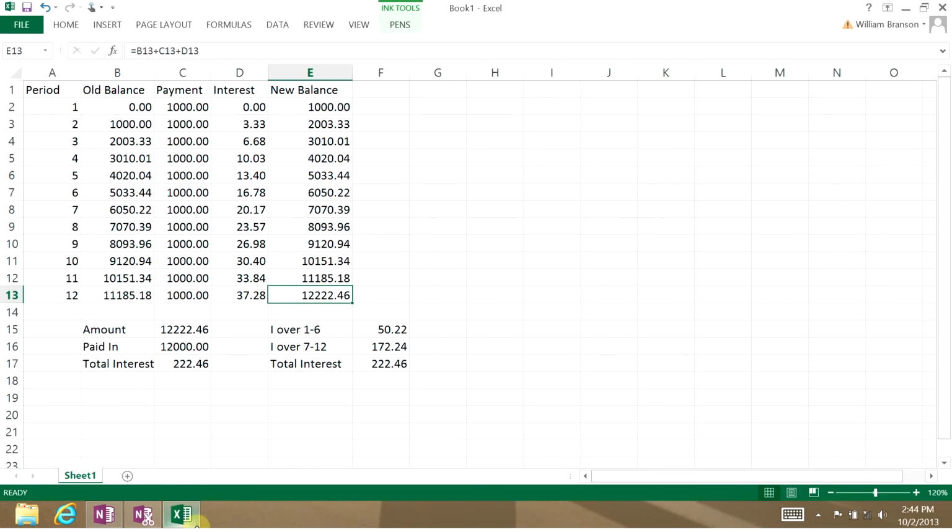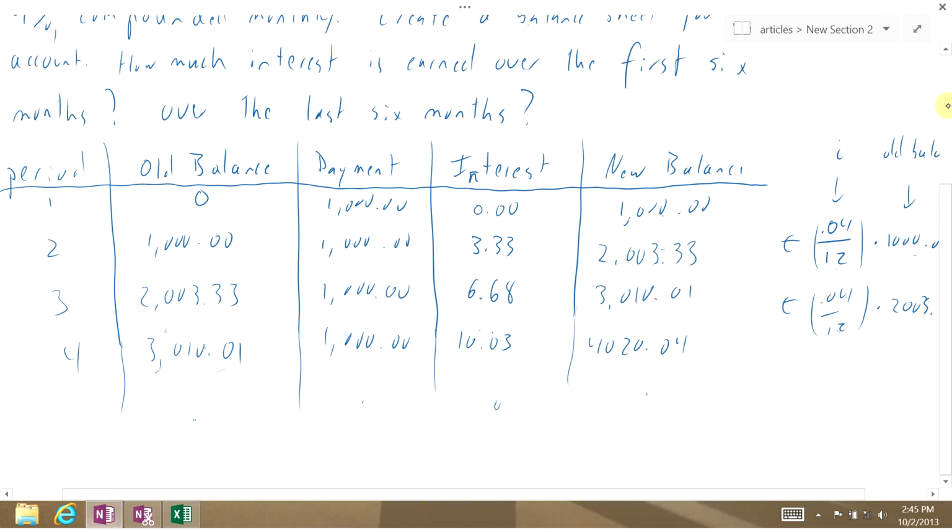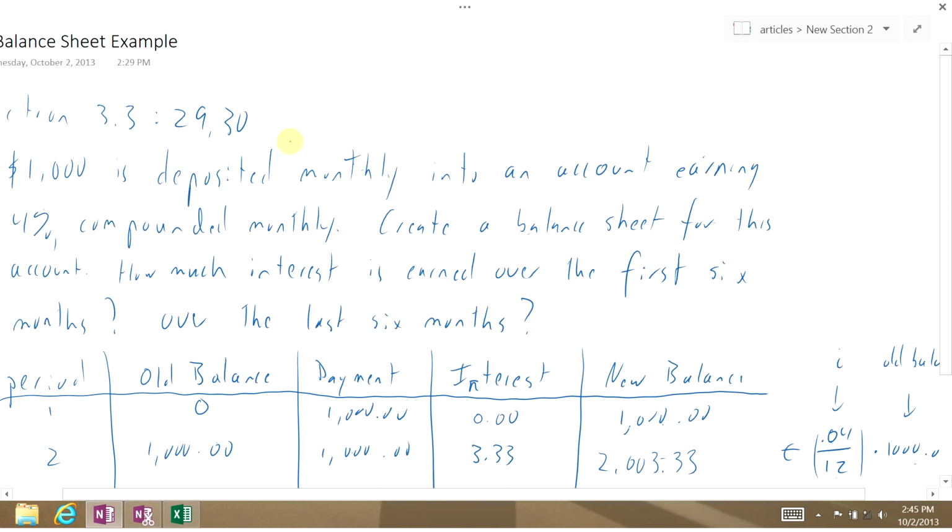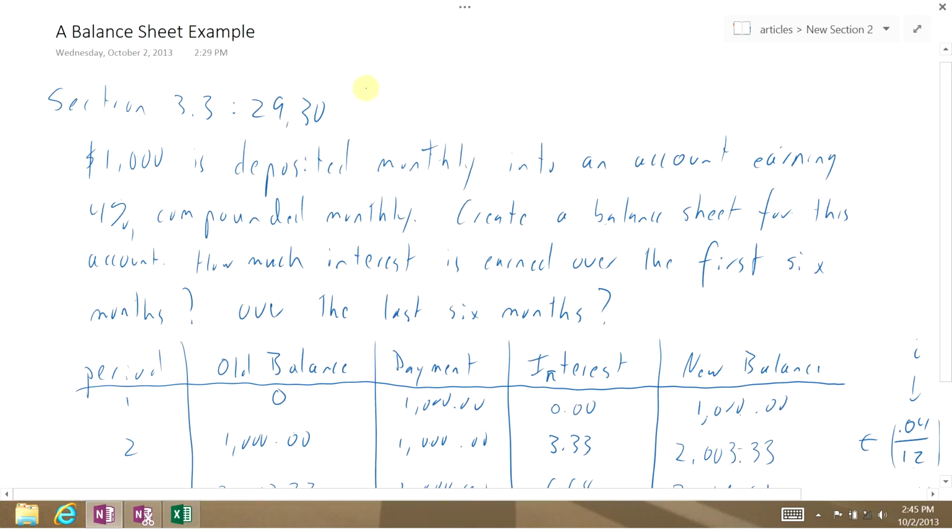If you know how to use Microsoft Excel, that makes these kinds of calculations much easier. And so problems 29 and 30, I think it was, from the book are very much like that. And then there was a question on one of the worksheets. 29 and 30 from section 3.3. And there was a question on the worksheet for Wednesday, October 2nd that